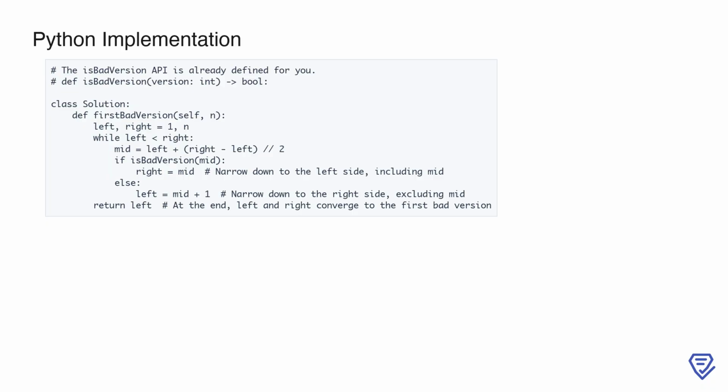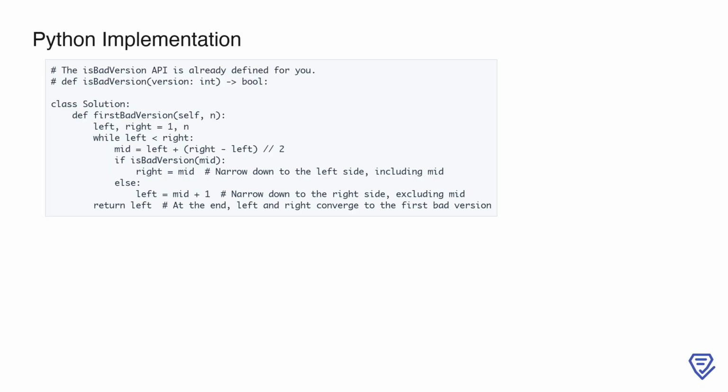The loop continues as long as left is less than right. Inside the loop, we calculate the midpoint mid using left + (right - left) // 2 to prevent potential integer overflow. This midpoint divides the search range into two halves. We then use the isBadVersion(mid) API to check whether the version at mid is bad. If it is bad, it means the first bad version is at mid or earlier, so we adjust the right pointer to mid. Otherwise, we know the first bad version must be after mid, so we adjust the left pointer